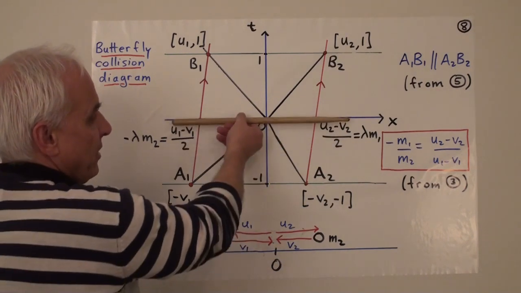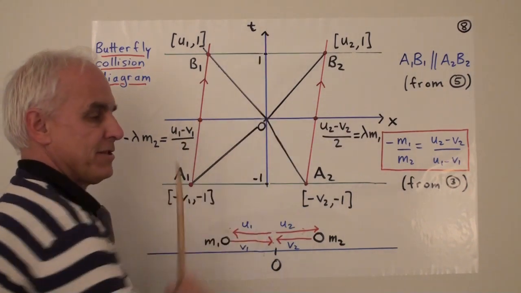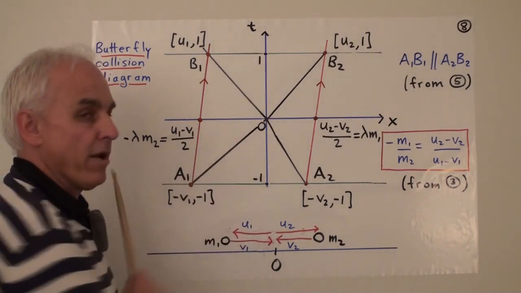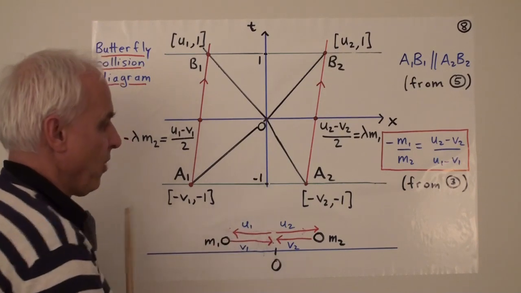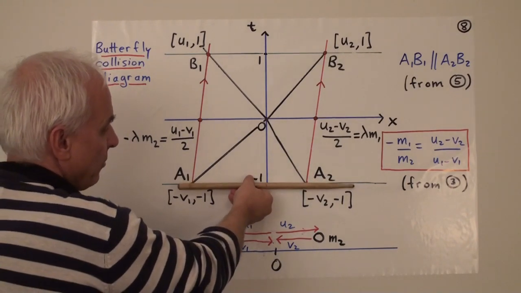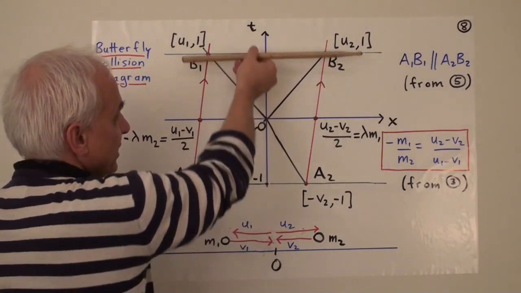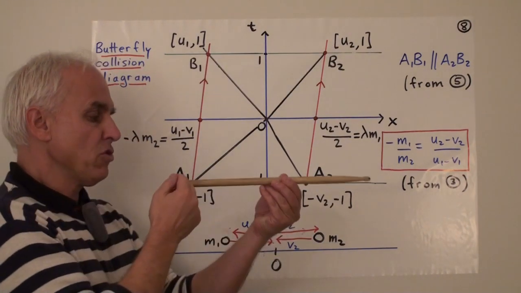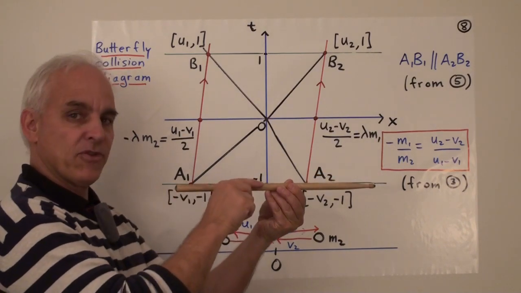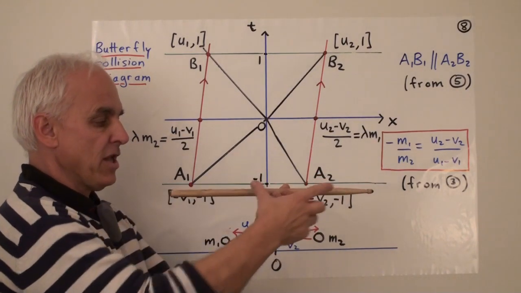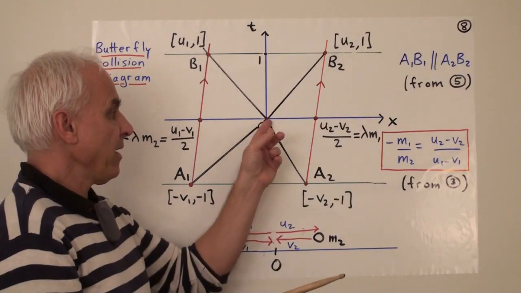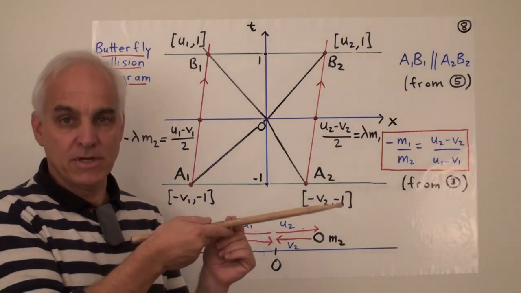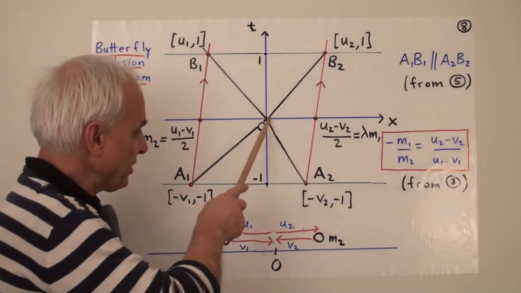Well, here is the x-axis, and here's the t-axis. All right. And here is time equals 1. And here's time equals -1. So this is the line when the time is always -1. This is the place where time equals 1. And let's suppose that we have 2 particles, one coming in from this direction, say, one coming in from this direction, and suppose that they're going to collide at the origin at 0,0 at exactly time t equals 0. So that's what's represented here.